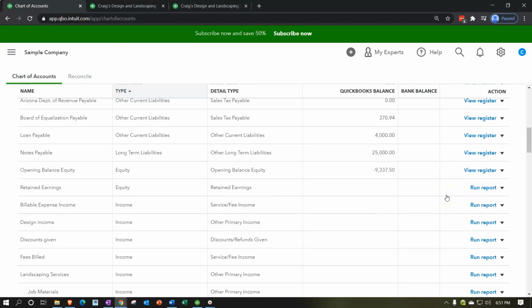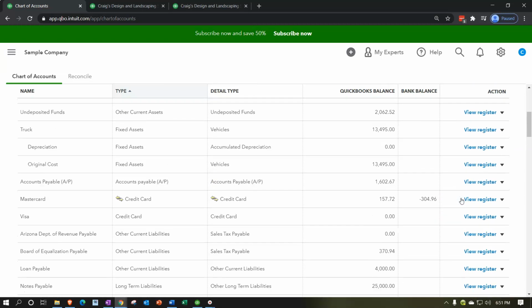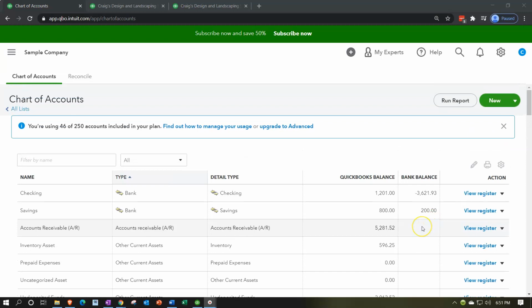Note that you do not have registers for the income statement or temporary accounts down below. Once you have an account set up and you have activity in it, you can't typically delete the account after the point in time there's activity in it. But you could make it basically inactive. So if you wanted to say, hey, I'm not using this account, I got all this stuff in my chart